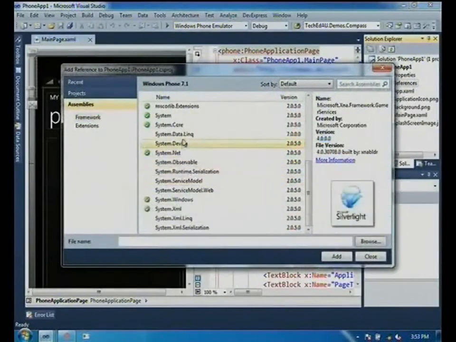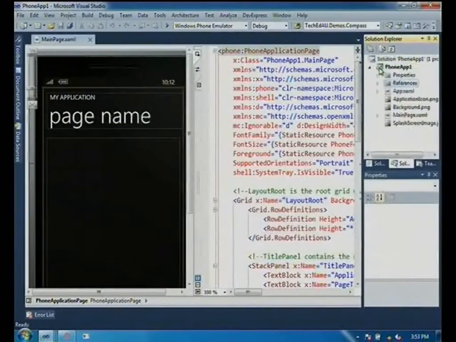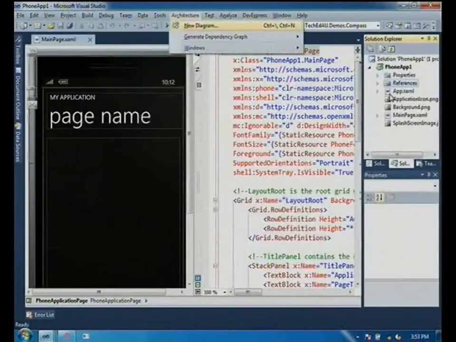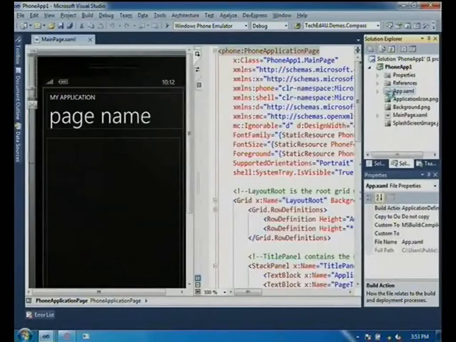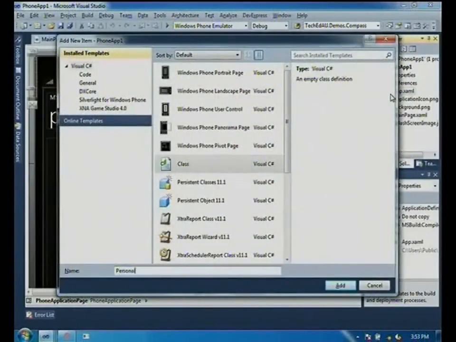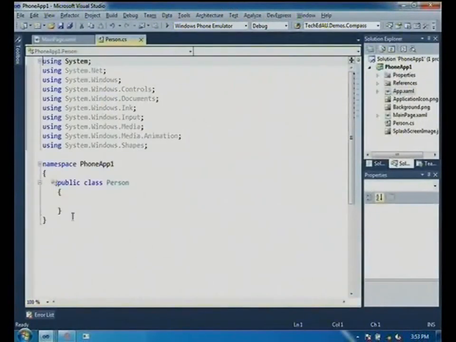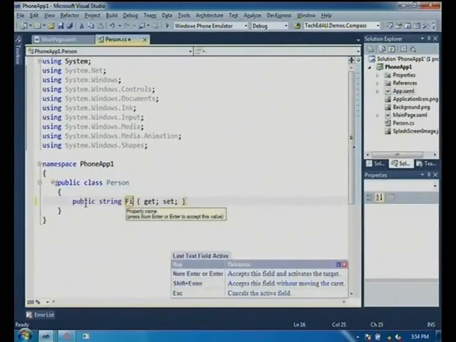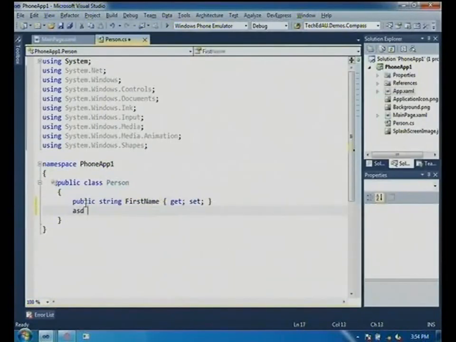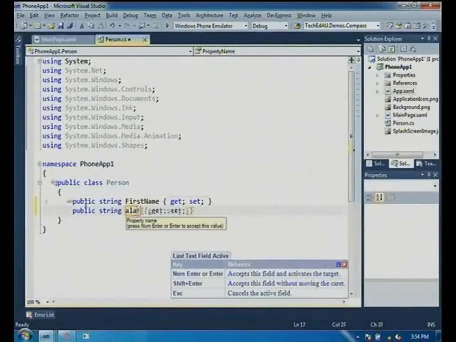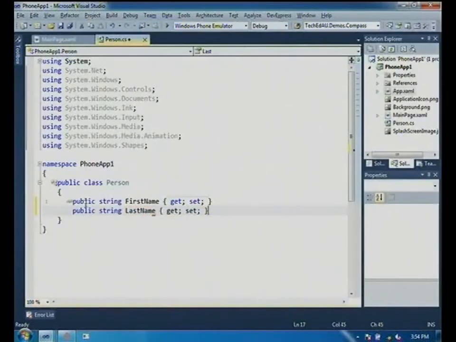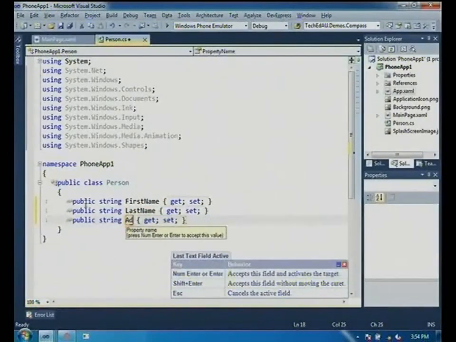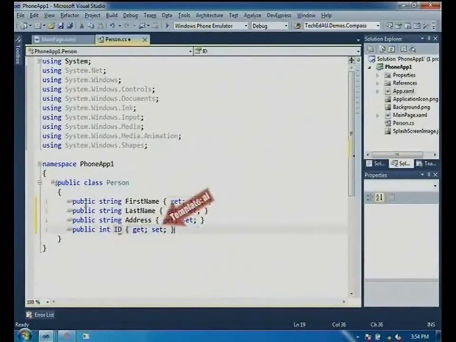Simple reference, System.Data.Linq. So we'll create a simple person class, and a person class is going to have, as usual, our first name, last name, and attributes.